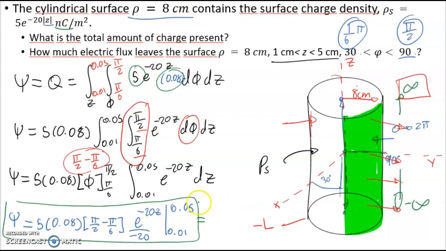So at the end, we will have 0.00942 nanocoulombs. However, that value can easily translate to 9.442 picocoulombs. And that's the answer for the part